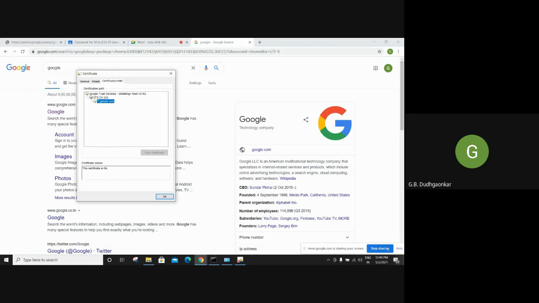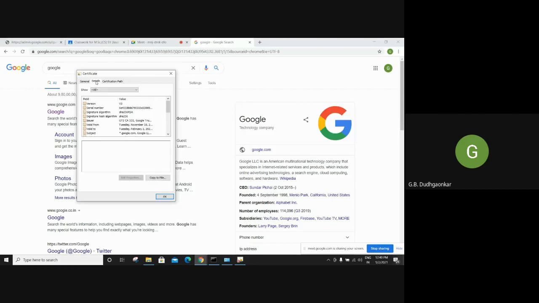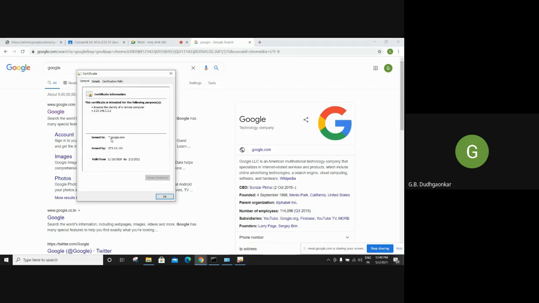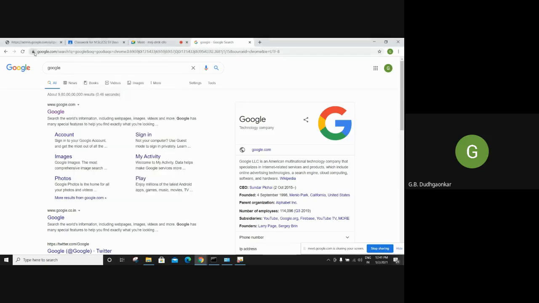Google Trust Services is the root CA at the top, GTS CA 101 is the intermediate CA, and google.com is the server certificate. So that is authenticated. This is given to google.com and issued by GTS CA. This is a third-party tool. So this is the way you can get the certificate and verify it publicly with the help of that padlock.